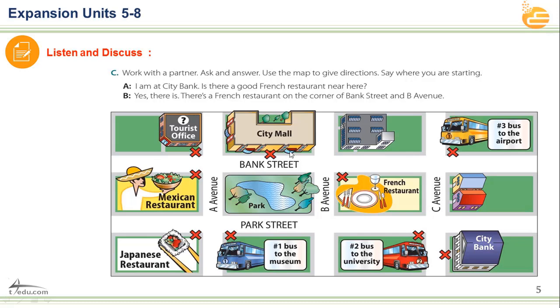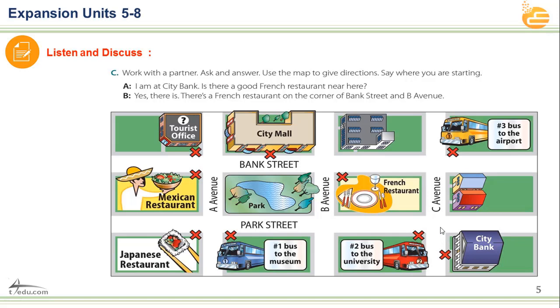Okay. Here, if we ask someone about the city mall or the tourist office or the Mexican restaurant or the Japanese restaurant, or one pass on the museum, two pass to the university, you can ask him about the direction. For example, if you are in the city bank here, and you are asked about the city mall, how can you give him the direction to go to the city mall? Okay, for example,